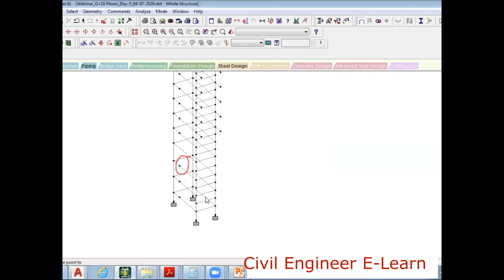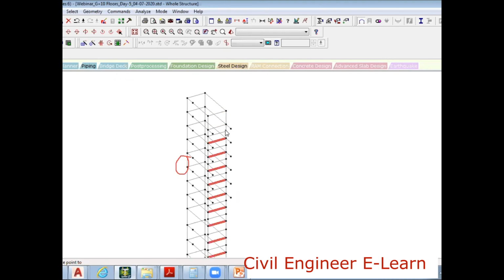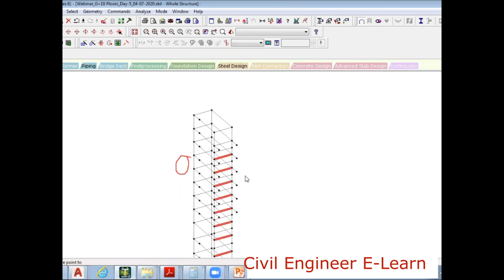And I will now delete this floor level. Floor, and then floor, and then floor, and then this one, delete them.